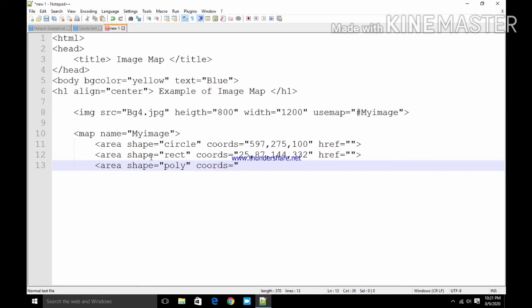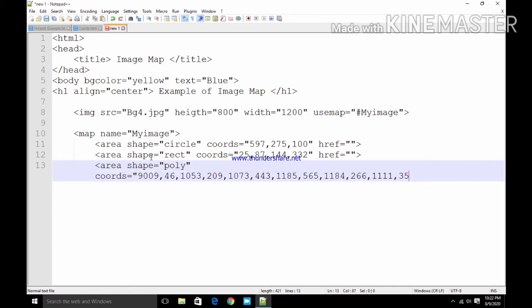Coords we have, here we have to write longer coordinates: 909, 46, 1053, 209, 1073, 443, 1185, 565, 1184, 266, 1111, 35.